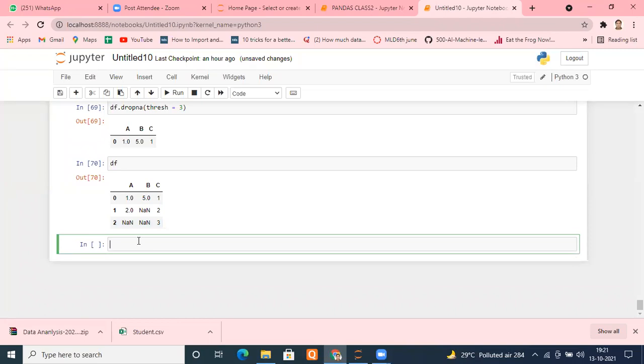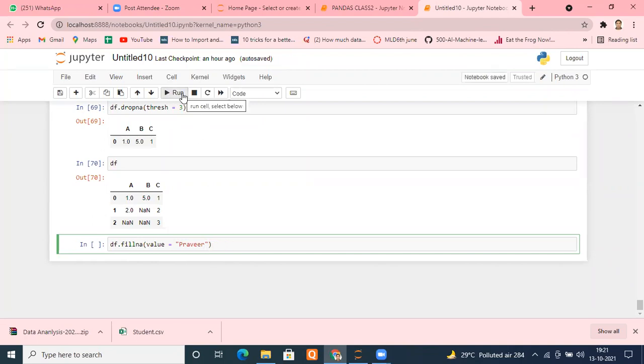So what I will do now, I will type df.fillna, put bracket, and type value equals to whatever you want to put. Suppose I'm saying my name. Wherever NaN will be there, means missing value will be there, you will get my name.